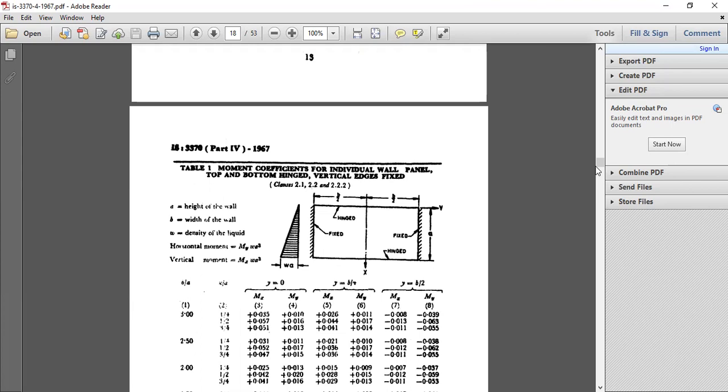Okay, so basically this is a more simplified version. The approximate method, it's a bit lengthy one, but IS code method में क्या होता है, based on the coefficients you find out the bending moments and the shear force. So इसमें दो conditions है, एक तो when the bottom is considered hinged and the top is considered free, और side walls तो हमेशा it will be considered as fixed. The second is bottom is considered hinged and the top is considered free.